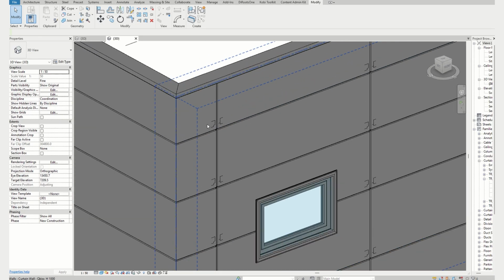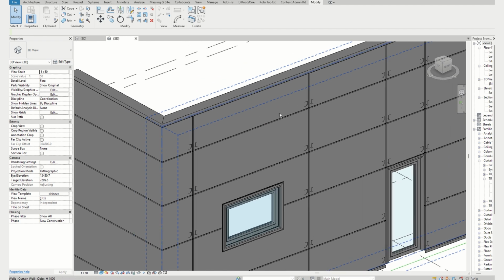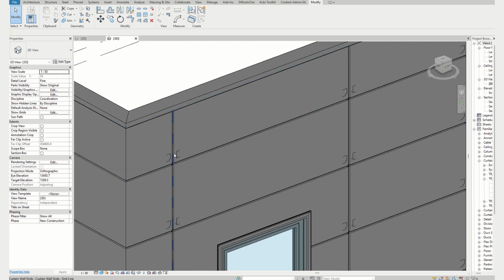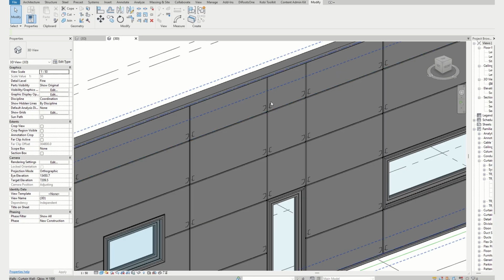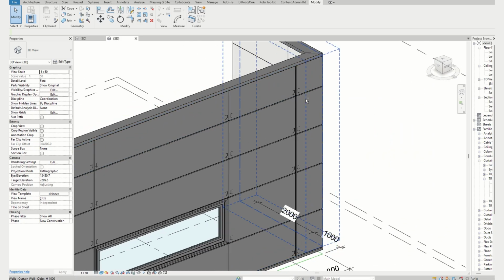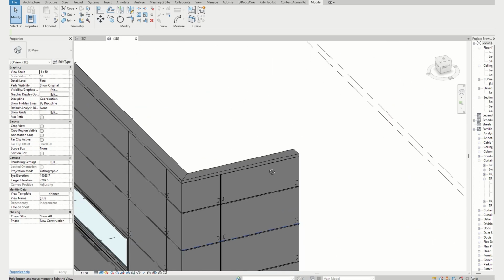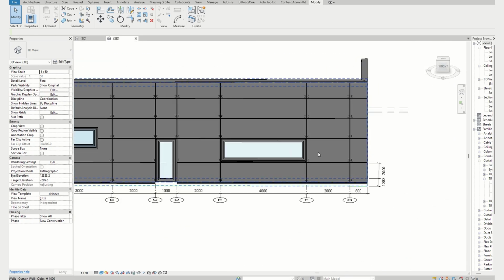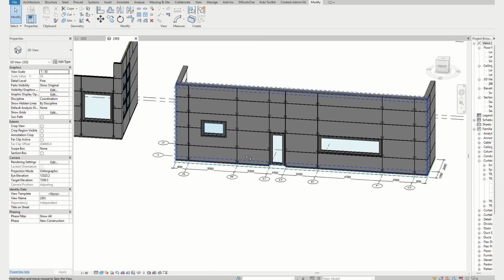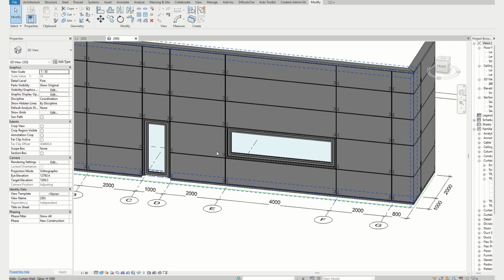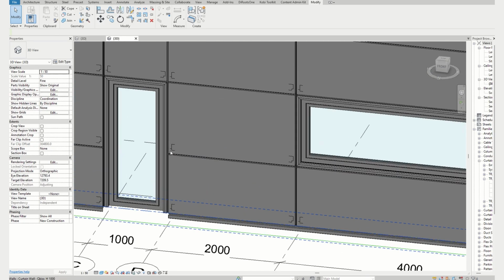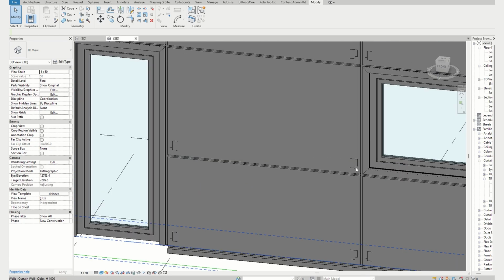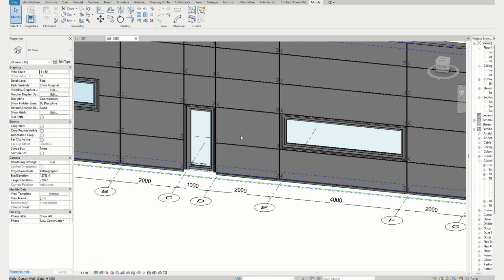All other panels are type 1 and they overlap each other to the right. Except panels right from the openings, where we need ending with insulation on both sides. We will select them